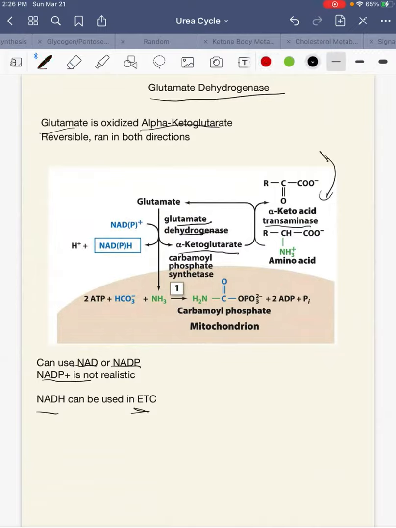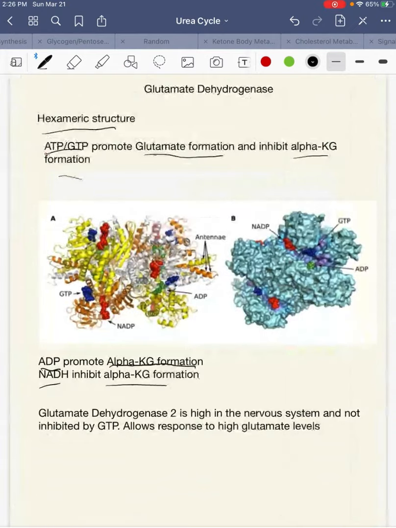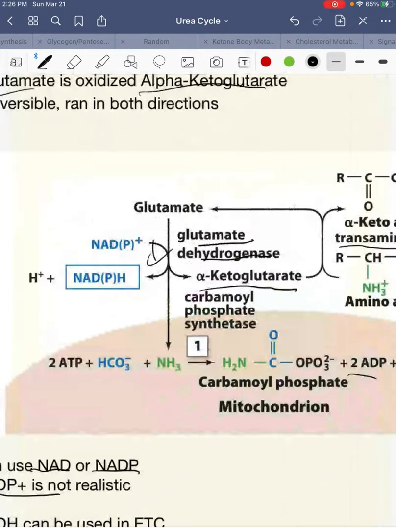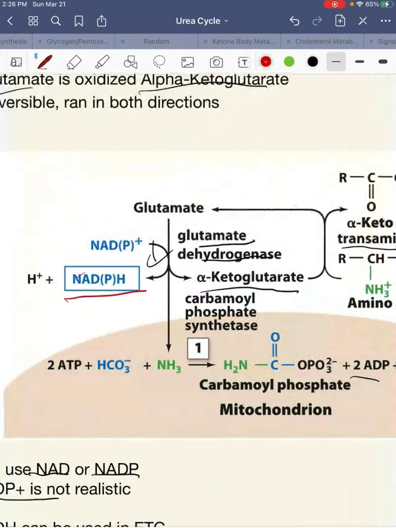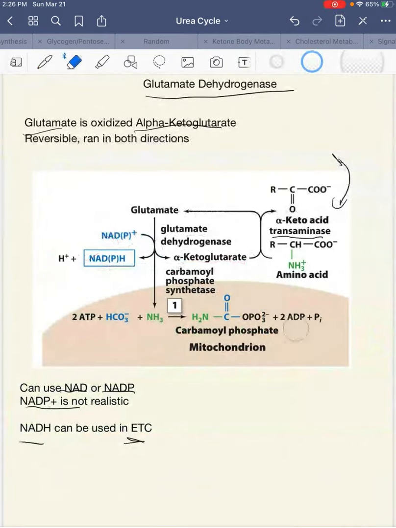But if ADP accumulates, we'll favor this direction. Okay. And then NADH can also inhibit alpha-ketoglutarate formation. So if NADH starts to accumulate, it will go back and inhibit this. So we'll inhibit alpha-ketoglutarate formation. Okay. Next,